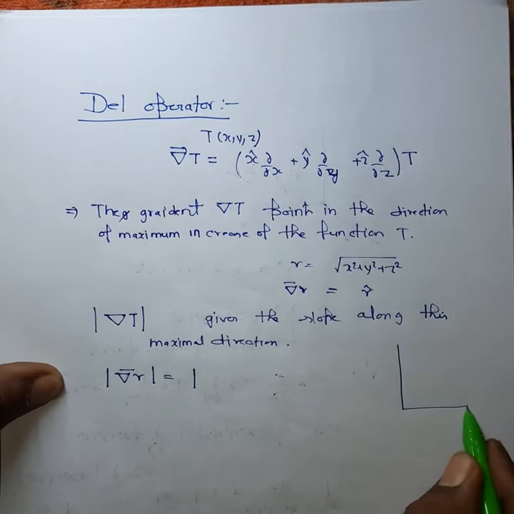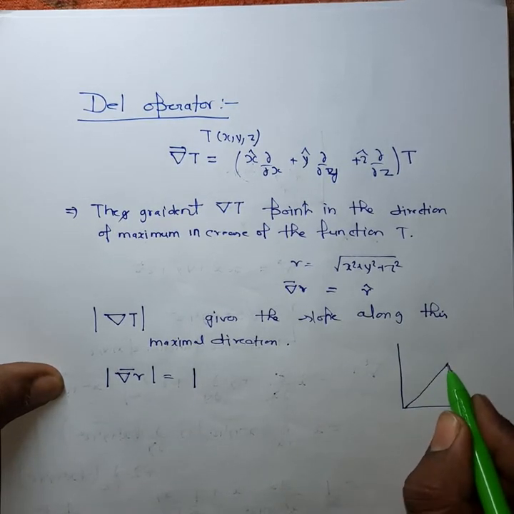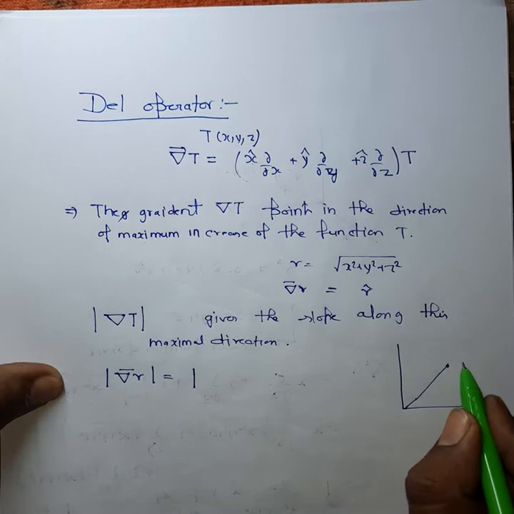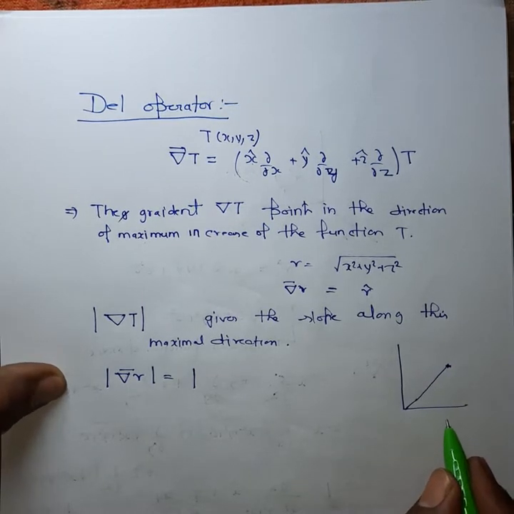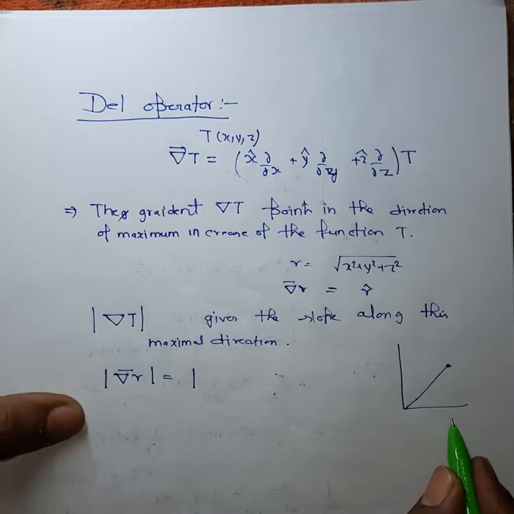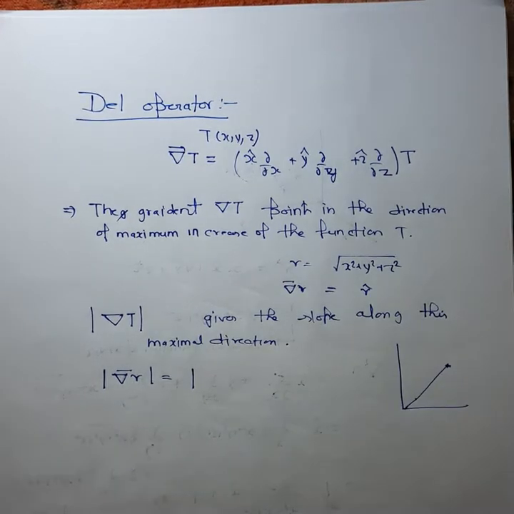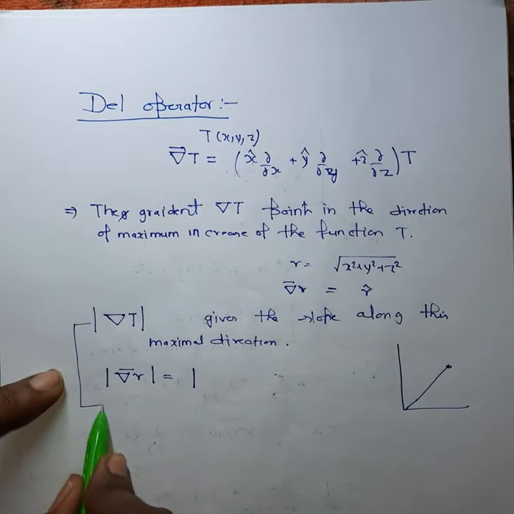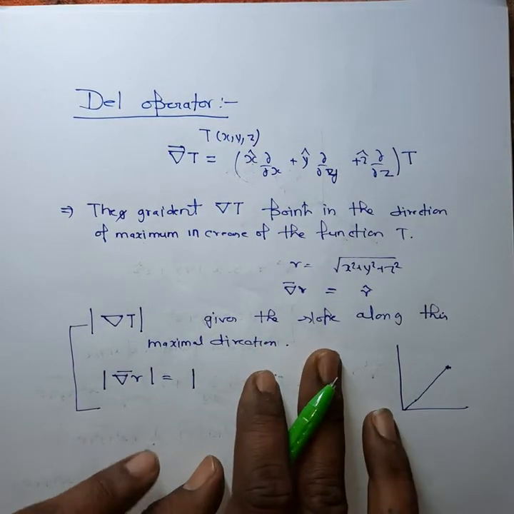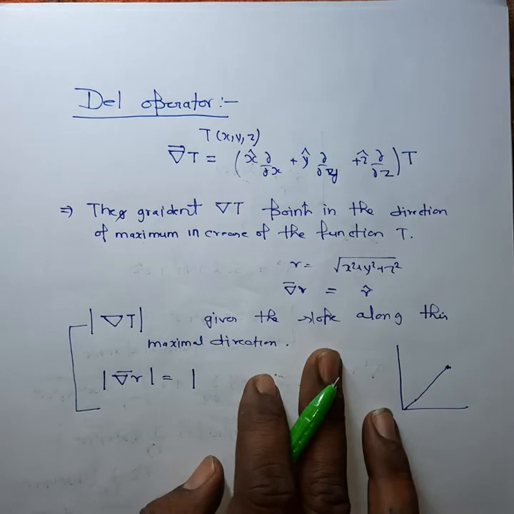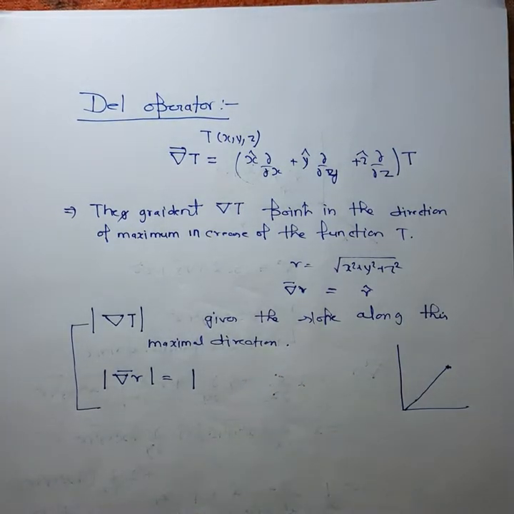So you have seen that the slope of the position vector is 1. So you can say that the gradient of t gives the slope along the maximal direction, the direction in which t